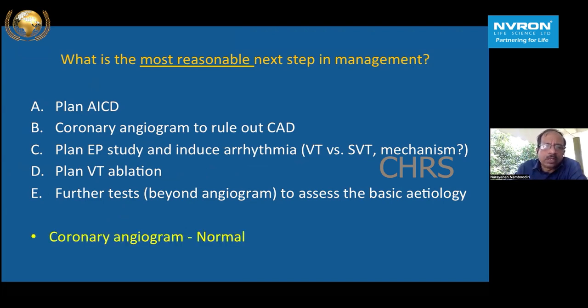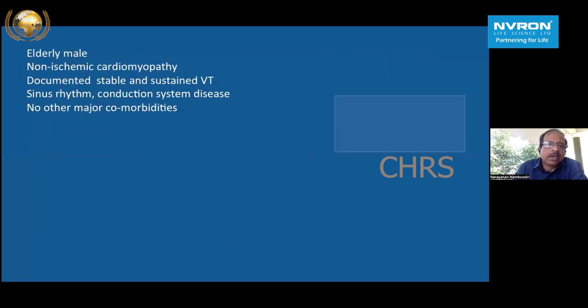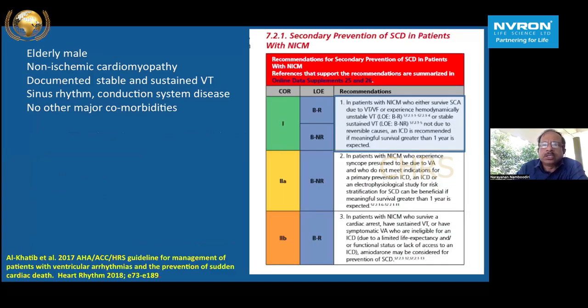Coronary angio was normal. That categorized this patient as a non-ischemic cardiomyopathy, an elderly male with non-ischemic cardiomyopathy. Documented stable and sustained VT, sinus rhythm, conduction system disease, no other major comorbidities. So as per the definition, this falls into class 1 recommendation, with a level of evidence B from non-randomized studies, that is in patients with a non-ischemic cardiomyopathy who either survive SCA due to VT or VF or